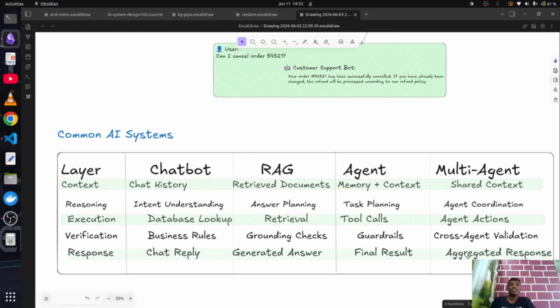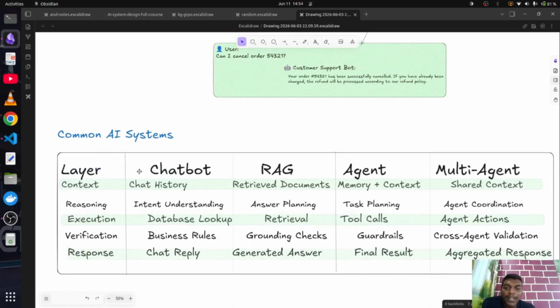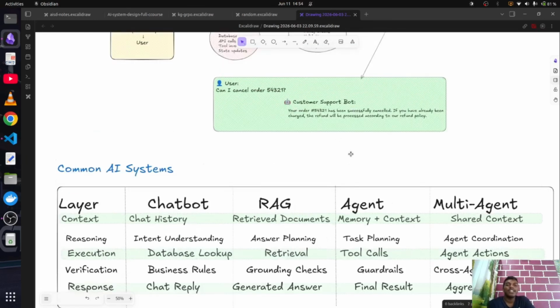In a system consisting of multiple agents, all of their responses have to be aggregated and synchronized in such a way that they perform the task perfectly. So that's how a multi-agent system works. So these are the 5 important layers in any AI system, and the most famous architectures which we see in day-to-day life.